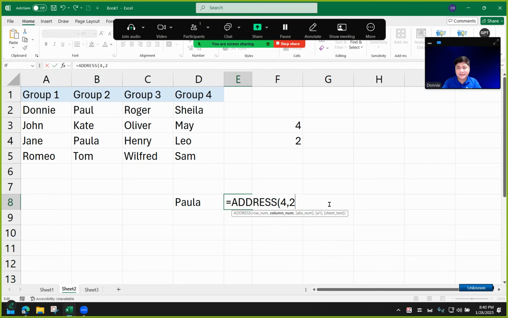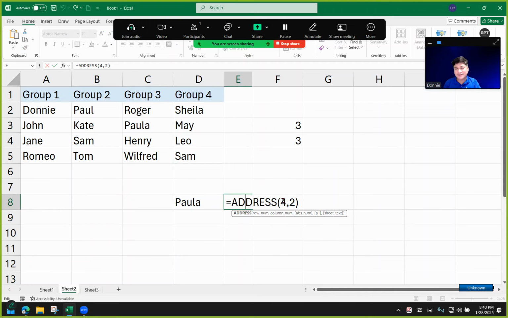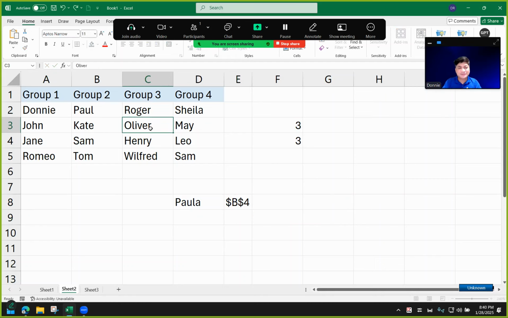So for now, I'll take this away. I only need the 4 and the 2 in essence. But of course, I cannot use 4 and 2 because that means I will locate it myself, right? I want Excel to do that for me. At the same time, if I move the value into a different cell, then I need to get the right answer. In this case, it's now at cell C3. But unfortunately, this one is not updating because it's stuck on 4-2. So let me bring back those values in their positions.